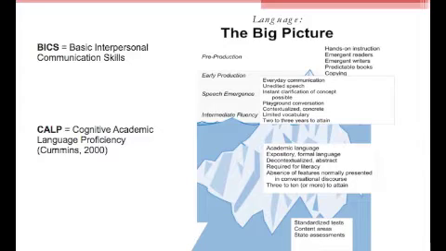But as you'll see, 4 of those stages are above the waterline, meaning it's going to take a long time for a student to develop that CALP language, that academic language. What that means to teachers is we need to do a lot of rigorous instruction of language and instruction about language and make our instruction comprehensible all along so that students don't miss critical core concepts because they're having difficulty